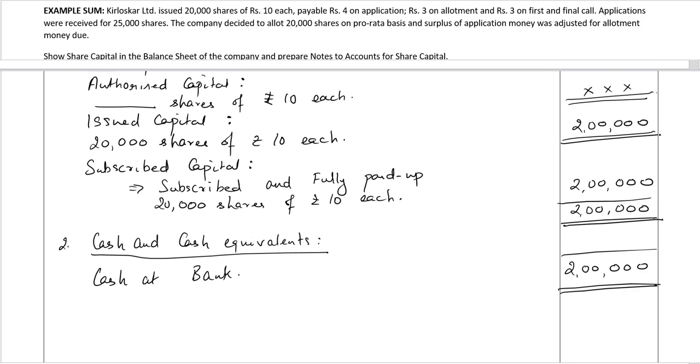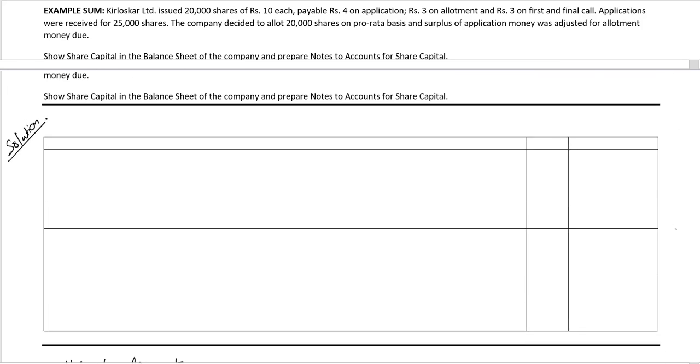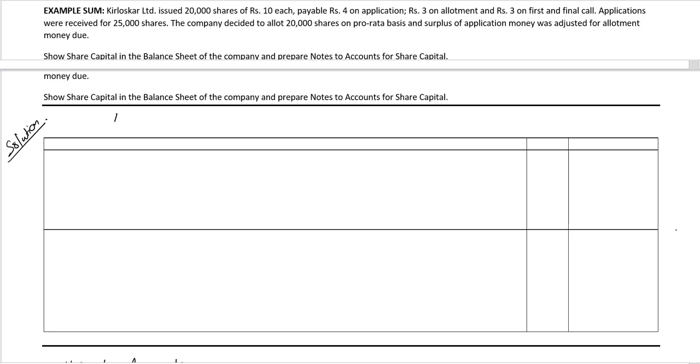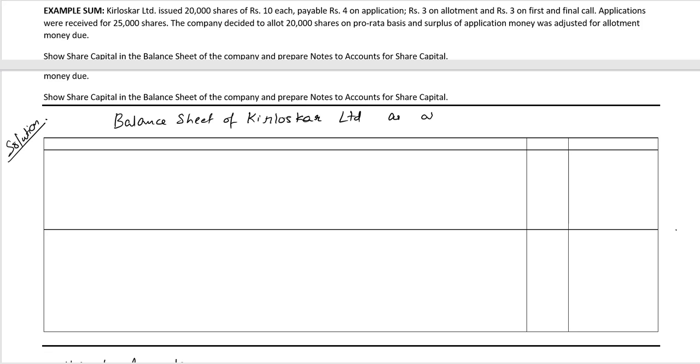Let's go ahead and prepare the balance sheet of the company. Balance sheet of Kirloskar Limited as at 31st March. The year is not specified, so we'll put a dash. We have particulars, note number and